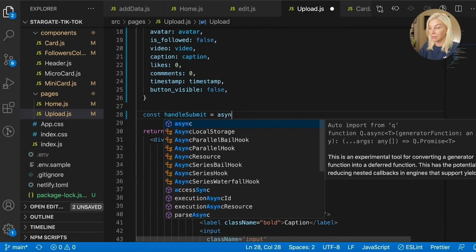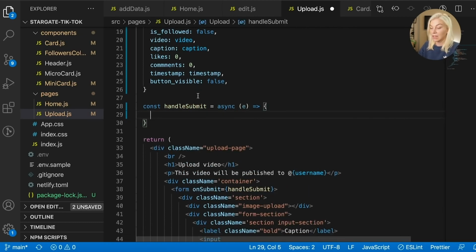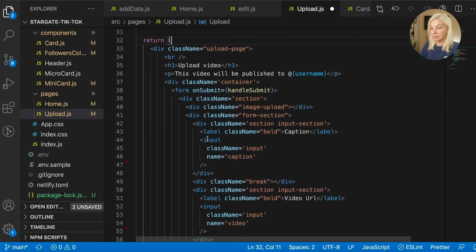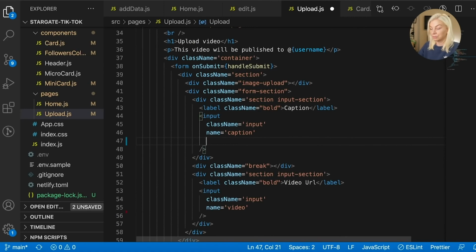It's going to be an async function, and we need to pass through an event. I'm just going to leave it like this. I'm going to put e.preventDefault as well, just as good practice. Okay, so nothing's going to happen yet. That's because we need to actually get our input for our caption, and on change,